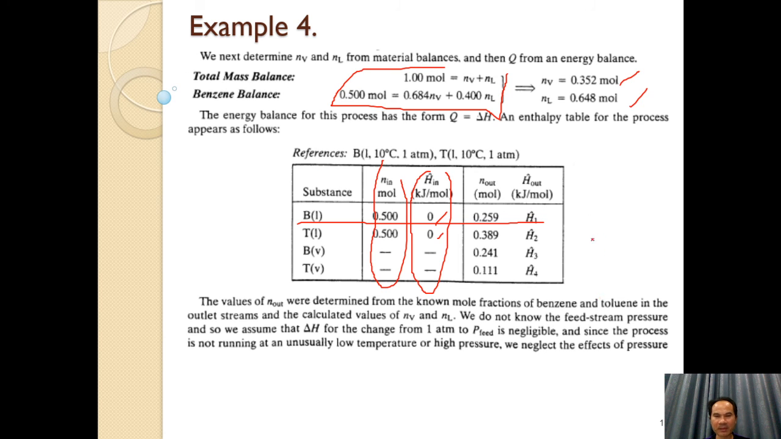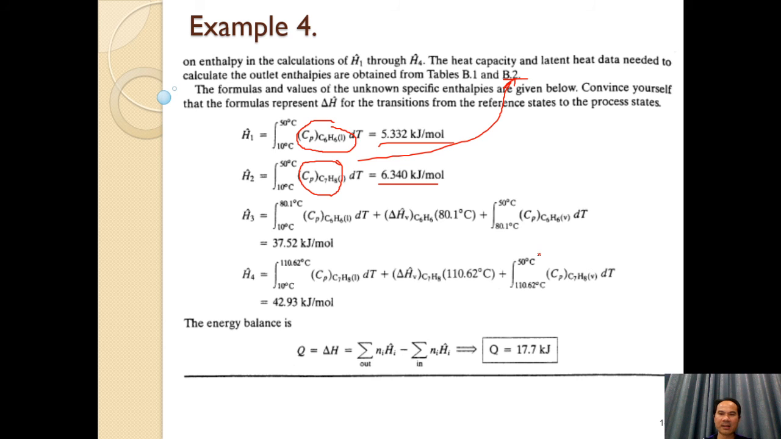Okay, and then we consider S3. So we have three steps. It's the benzene vapor at 30 degrees Celsius. First step, benzene liquid phase at 10 degrees Celsius to benzene liquid phase at 50 degrees Celsius. Second step, benzene 50 degrees Celsius liquid phase to benzene 50 degrees Celsius vapor phase. And the last step,